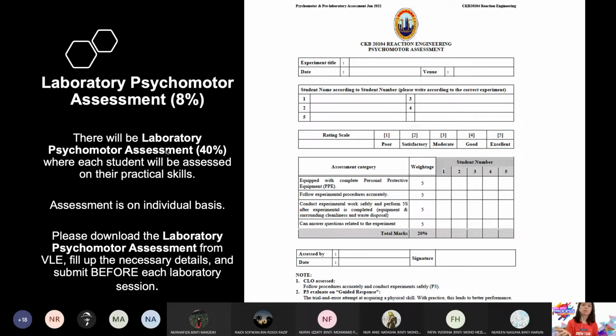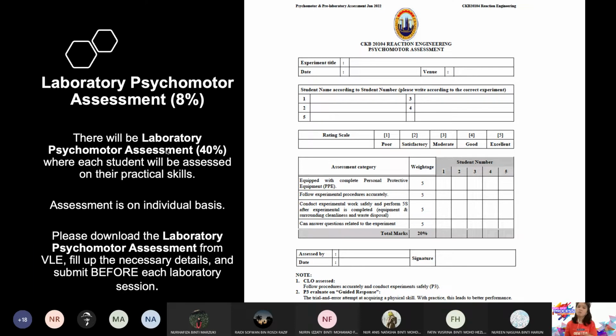Okay, and also to help you prepare the lab report, please check my VLE. I gave you one file in which I help you understand the result and discussion part of each experiment. I have given it, but maybe now you will feel you don't understand yet. But it's okay, during the lab I will also explain.